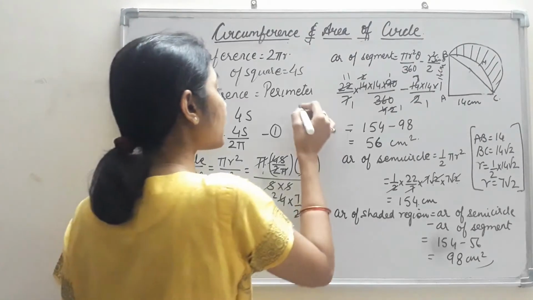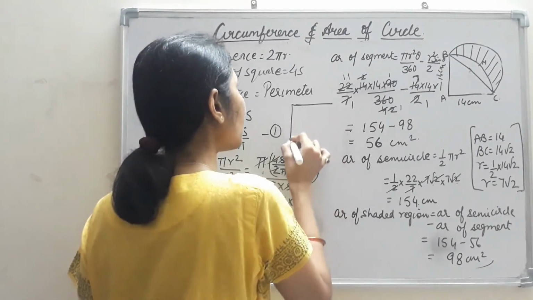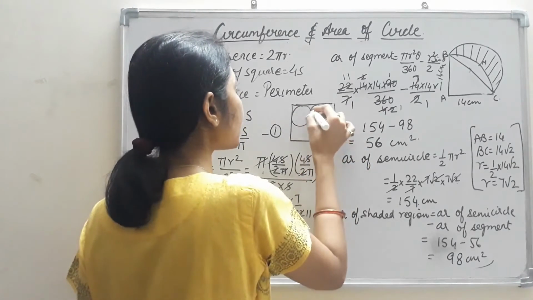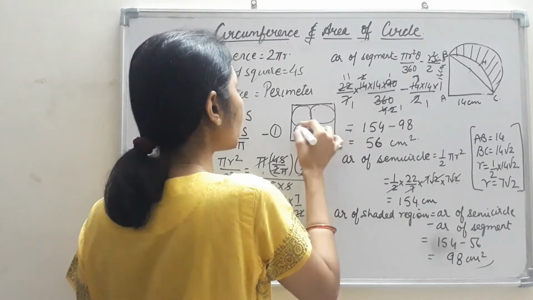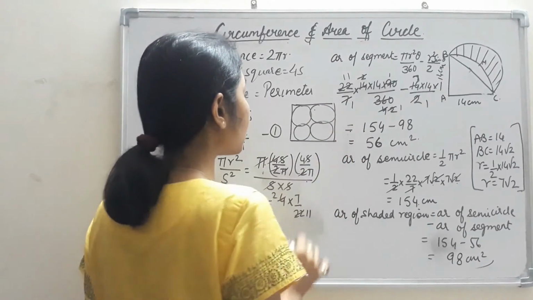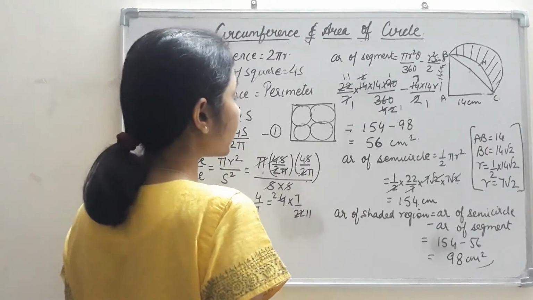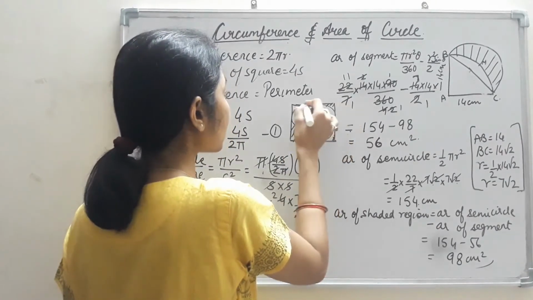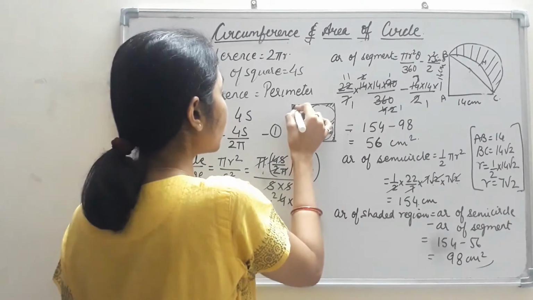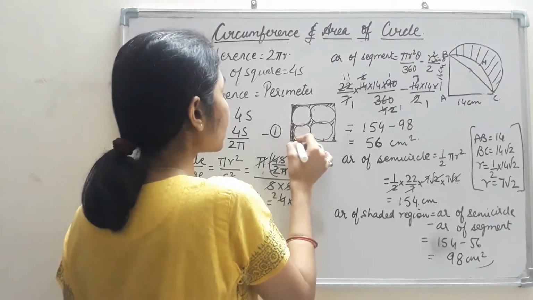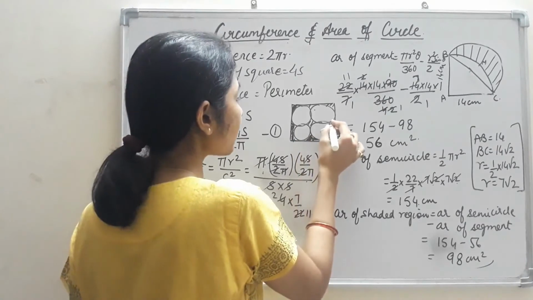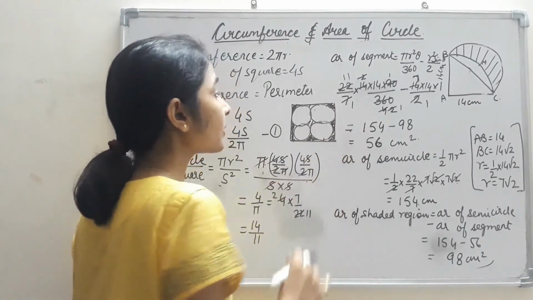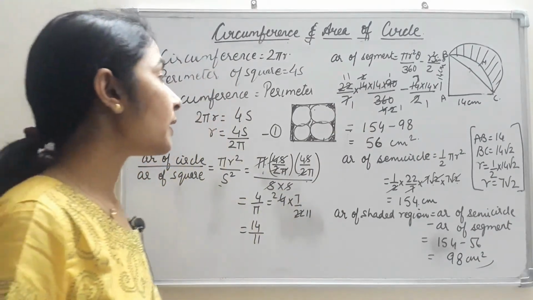Sometimes you will be given a square, and in that you will be given that there are 4 circles of equal radii touching the square. Now you are supposed to find out the area of the shaded region, that means which is outside the circles here. Now how will you find this area? It is very simple, though by observing it you can tell that we can find the area by just subtracting the area of these 4 circles from the area of the square.